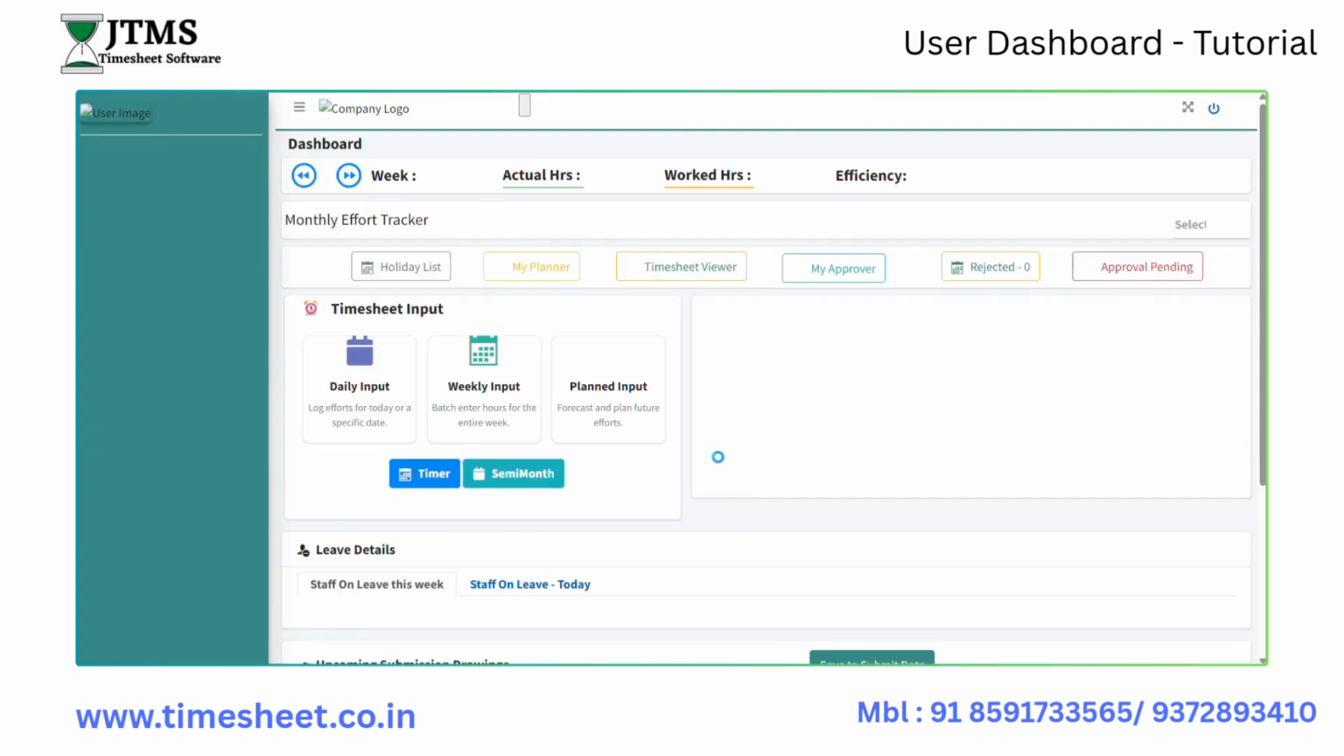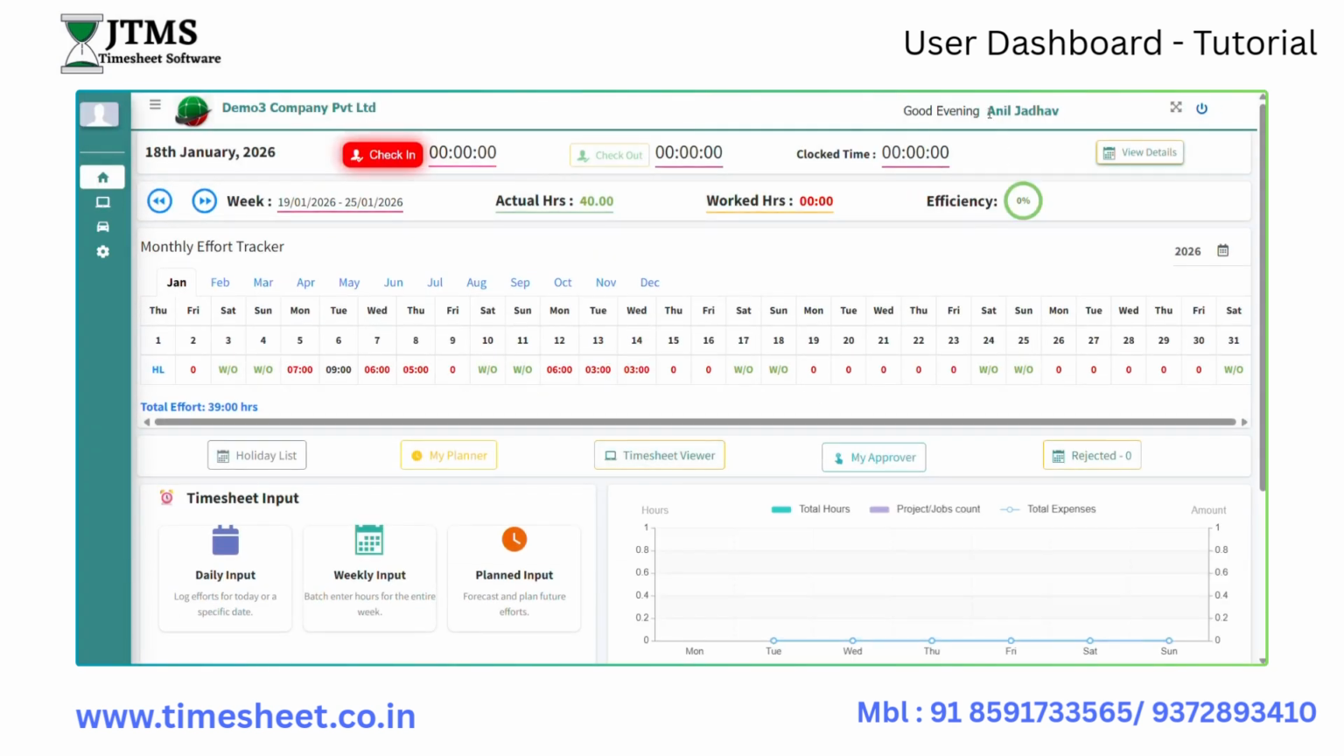Let's quickly walk through the user dashboard and see how it helps you manage your work every day. At the top of the screen, you'll see the check-in and check-out buttons. When you start your workday, just click Check-in, and when your work is done, click Check-out. JTMS Timesheet Software automatically tracks your working time, and the clocked time shows how long you've been logged in for